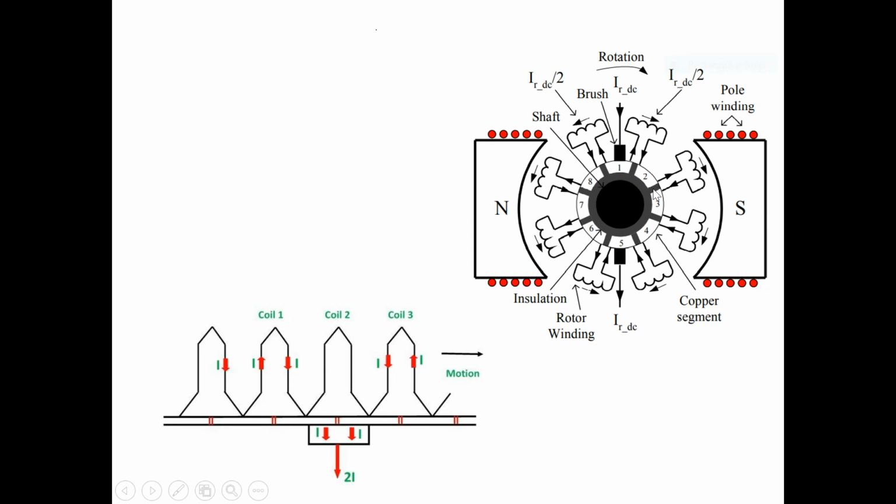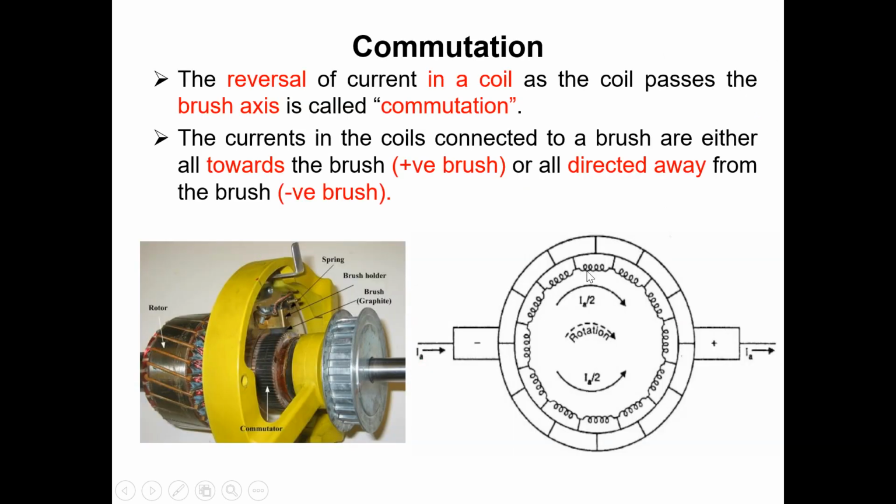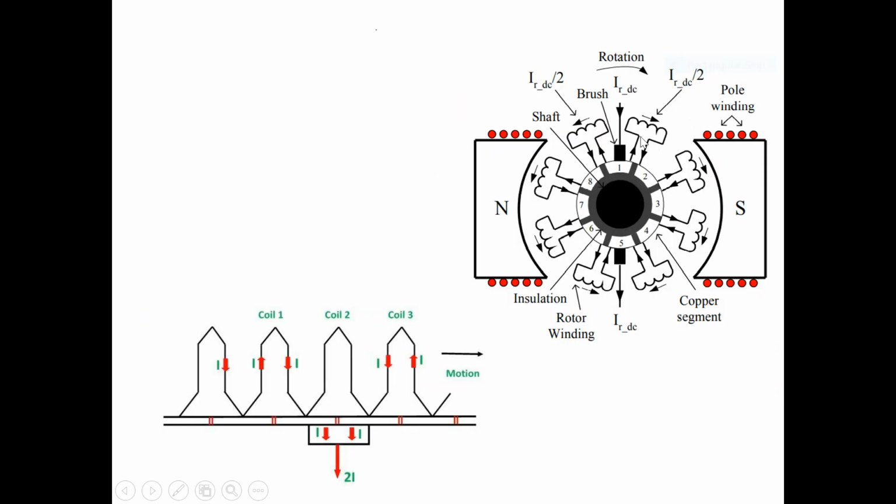Then if we see this figure, this is an arbitrary or enhanced figure. We have a stator with stator coils, a north pole side and a south pole side. These are the pole windings, and the black part will be the shaft. After that we have a commutator, and 1, 2, 3, 4 are the commutator segments. As said earlier, between commutator segments there will be a coil with inductance. In the same fashion, between two commutator segments we have one coil.